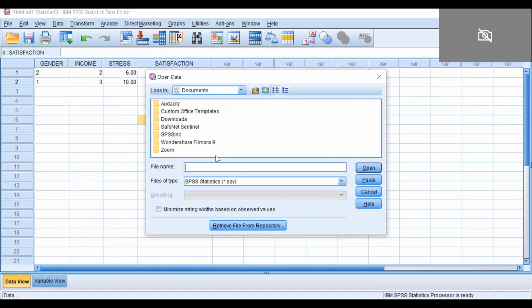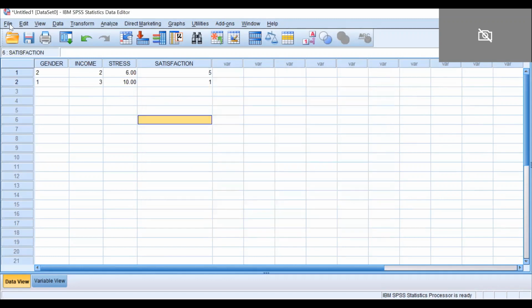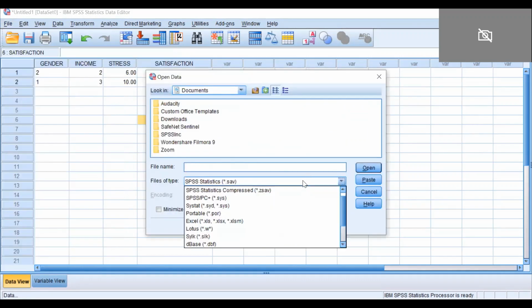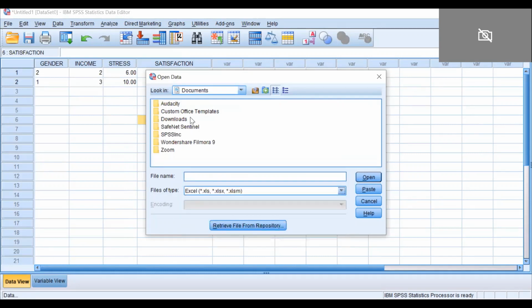How will you import it? You will simply go to open, then data, and in the data file options you will get many choices. If you want to import from Excel, you will select Excel. Actually I don't have any Excel data set.